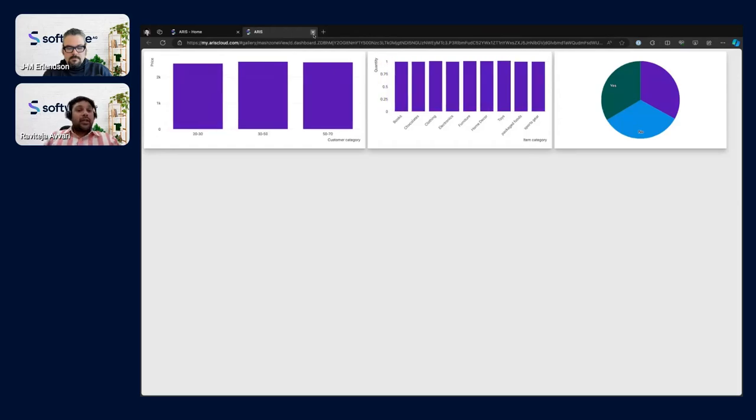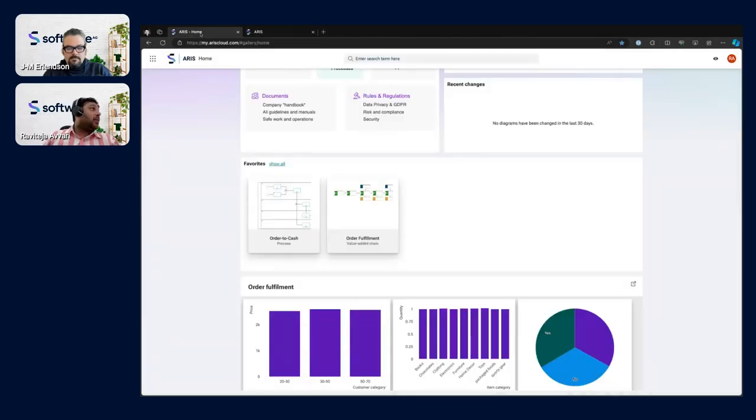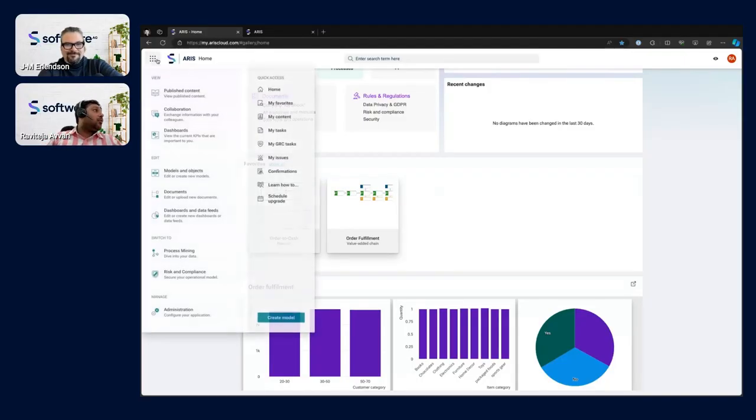So let's go ahead and see what else is possible in ARIS. The analytics capability is not limited to ARIS dashboarding here. We can also have the same kind of analysis about a particular process in our process mining section. So when you go into the app launcher here, you have an entry called process mining. When you click on process mining,